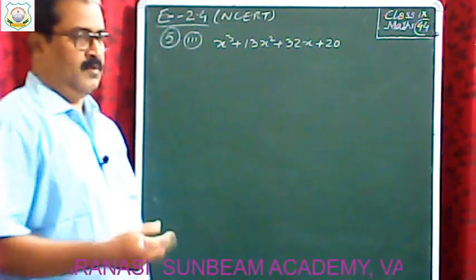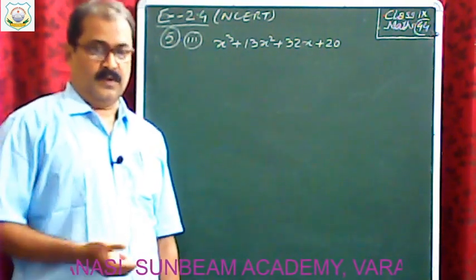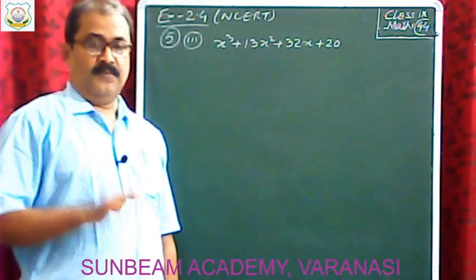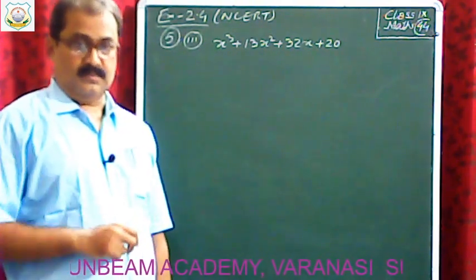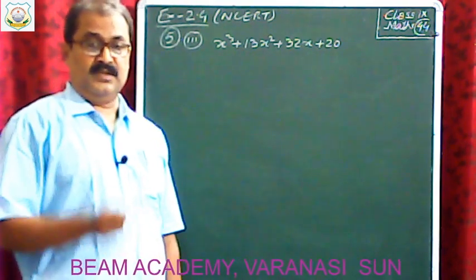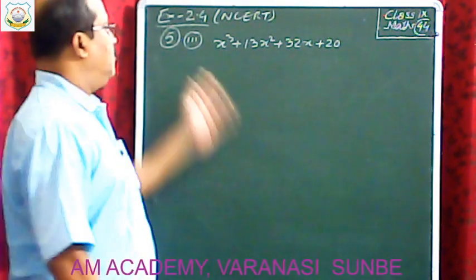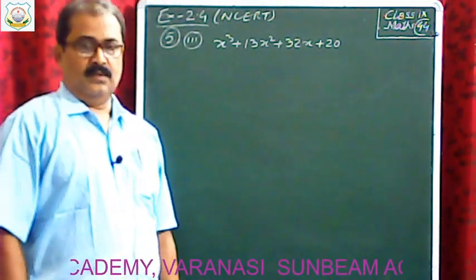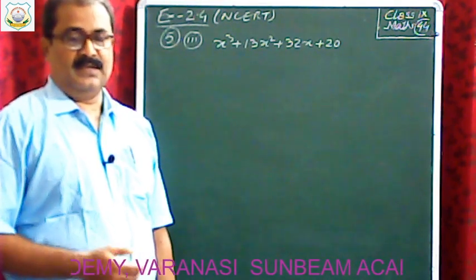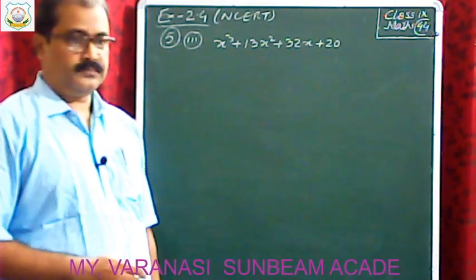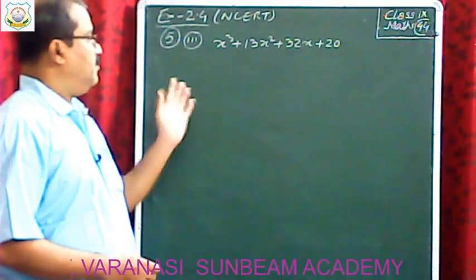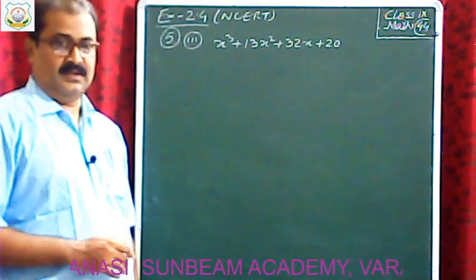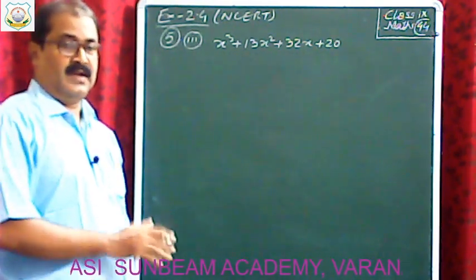If there are 4 terms and 2 perfect cube terms are given, then you have to proceed for a plus b whole cube or a minus b whole cube. If 4 terms are given in the polynomial and 3 are perfect cube terms, then you have to proceed for a cube plus b cube plus c cube minus 3abc. But here 4 terms are there and 1 is a perfect cube term, and we are unable to apply any one of the algebraic identities. So what do we have to do? This type of factorization is known as the hit and trial method of factorization, or factorization by factor theorem.